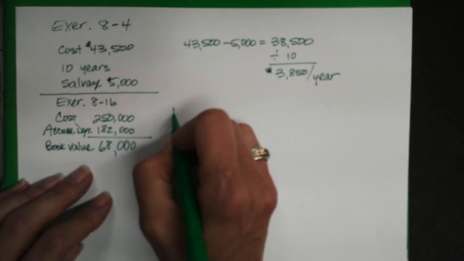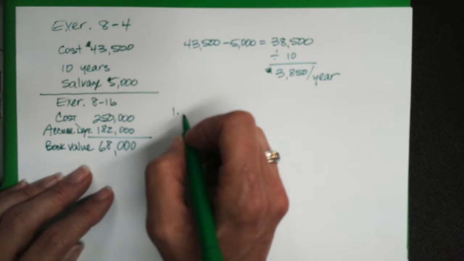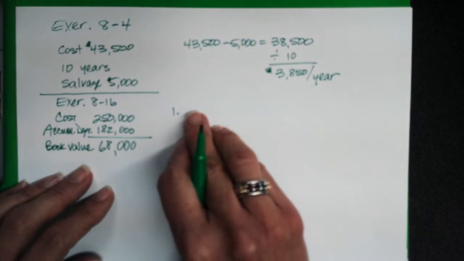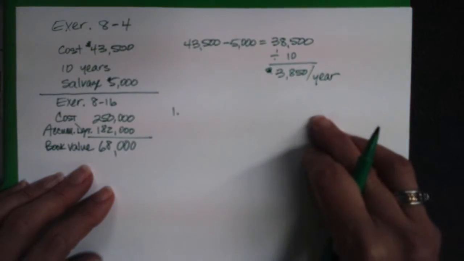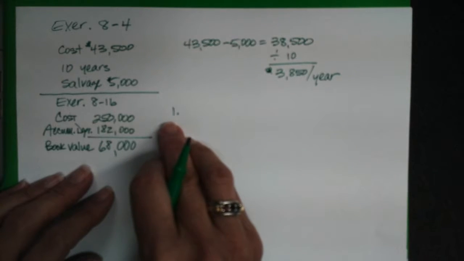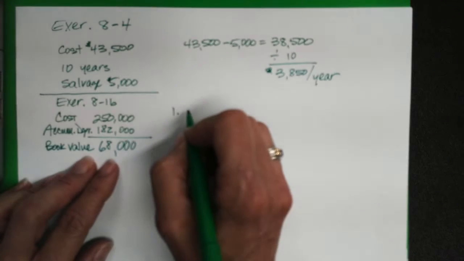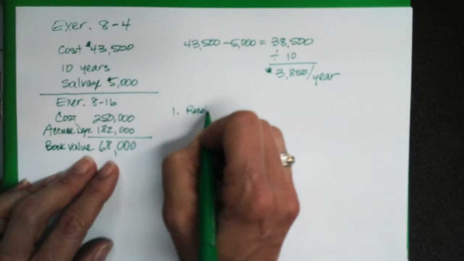Then item 1 says, what if the machine needed extensive repairs and it's not worth repairing? Diaz disposes of the machine, receiving nothing in return. I'm going to calculate this two ways. I'm going to calculate it directly, and then I'm going to show you how to get the gain or loss by doing the journal entry. Okay, so we're going to calculate the amount of gain or loss and then we are going to do the journal entry. Okay, if I have a book value of $68,000 and I receive 0 for it because I throw it away,